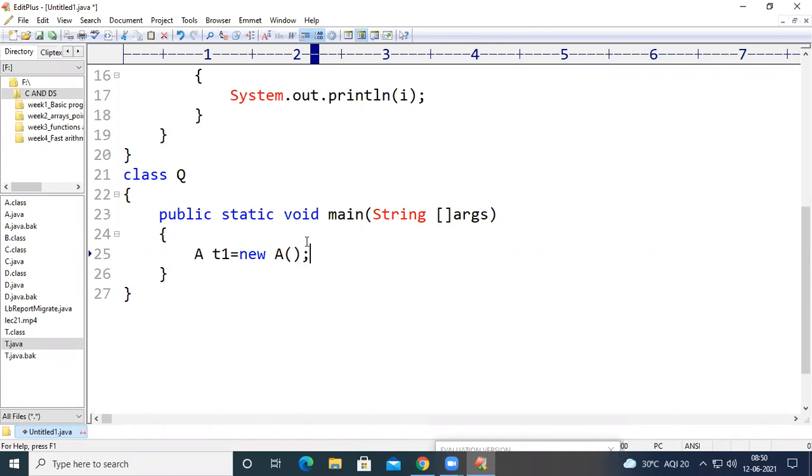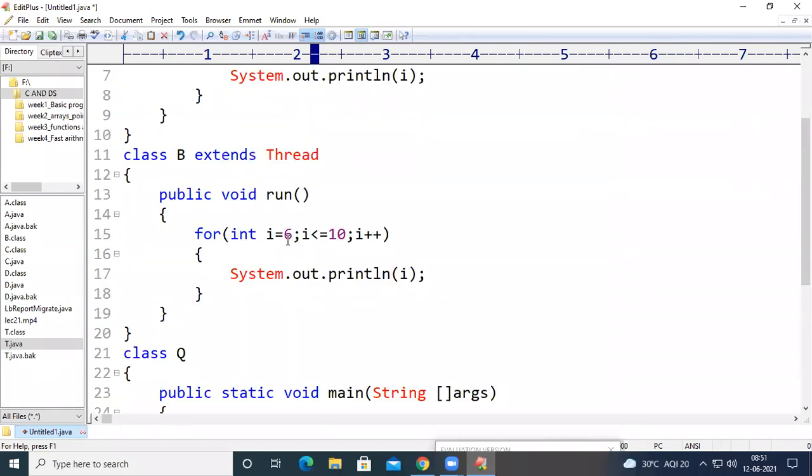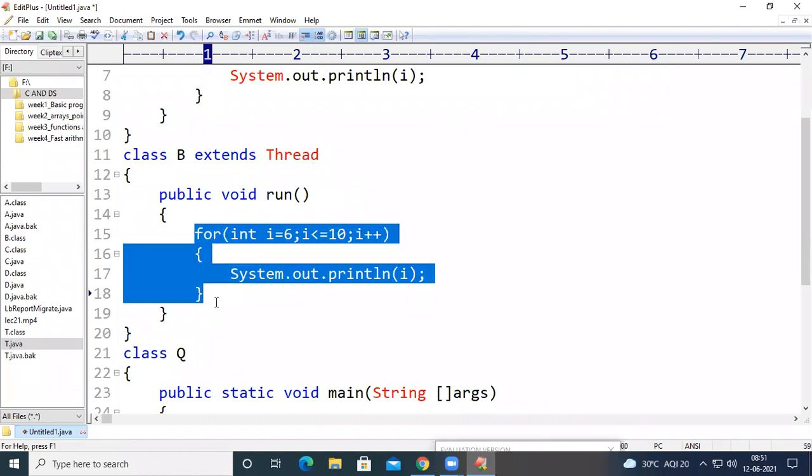At the same time, we can move the thread from the waiting state to the ready state by using the notify, notifyAll, and resume methods. I think you are all very familiar with these names because we have been studying them for the last three classes. So keep this in your mind: if I want to create a thread in a program, I need to extend the Thread class or implement the Runnable interface. Within the body of the class, I have to maintain a method called public void run, and within the run, we can write whatever code we want.